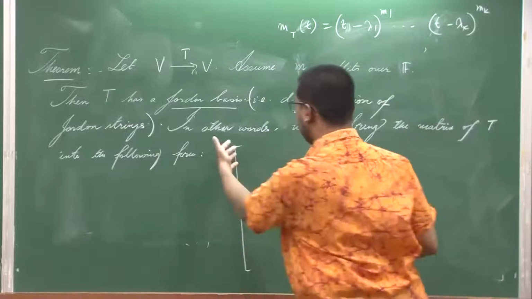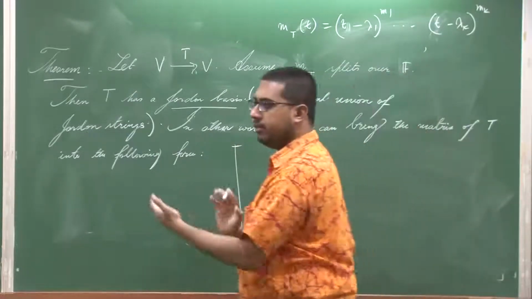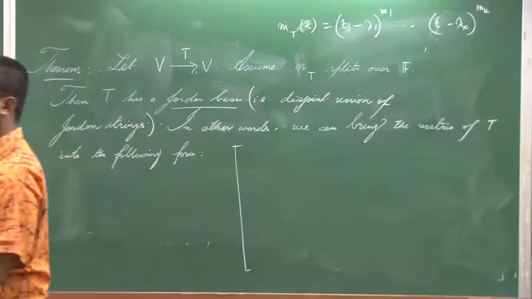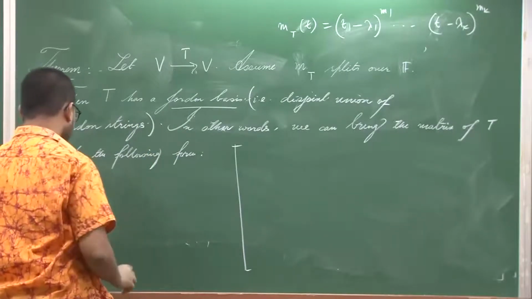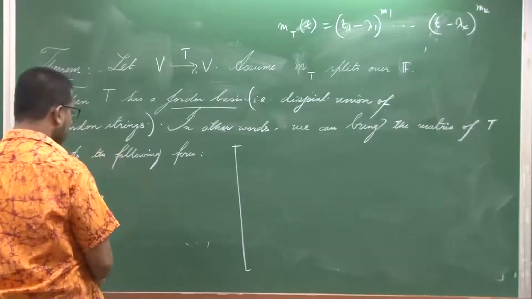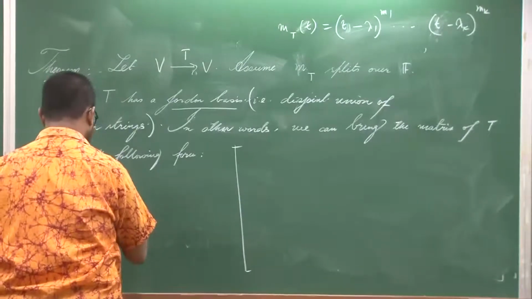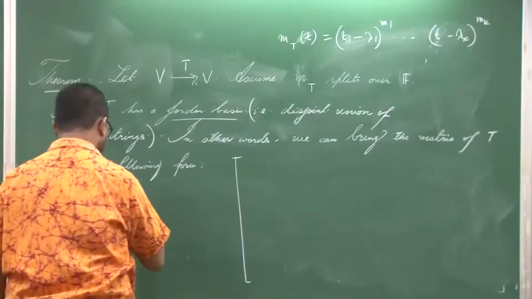So, first let us club the Jordan strings corresponding to the eigenvalue lambda together. So, suppose corresponding to eigenvalue lambda 1, I have Jordan strings having length r1 up to